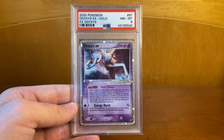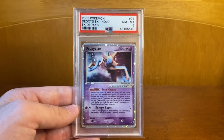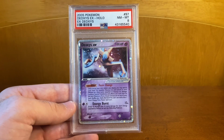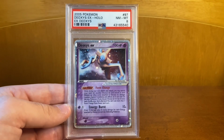With the double Deoxys EX in the name there, it makes it very difficult to find these cards for sale because you look up EX Deoxys and on eBay it'll just give you all the cards from the set. So to narrow it down to this card specifically, you normally have to look up the exact specific number of the card. You can see 97 out of 107 in the set, but this card is from EX Deoxys, one